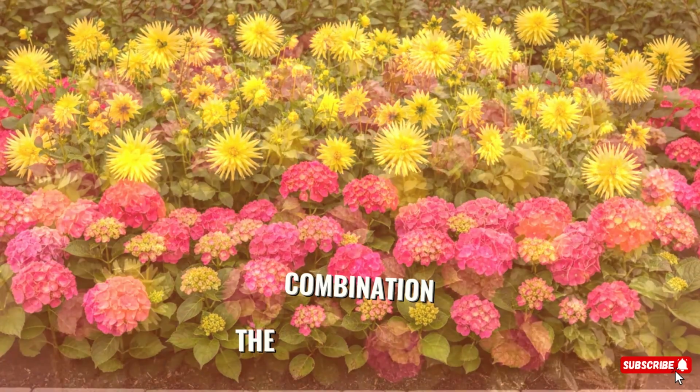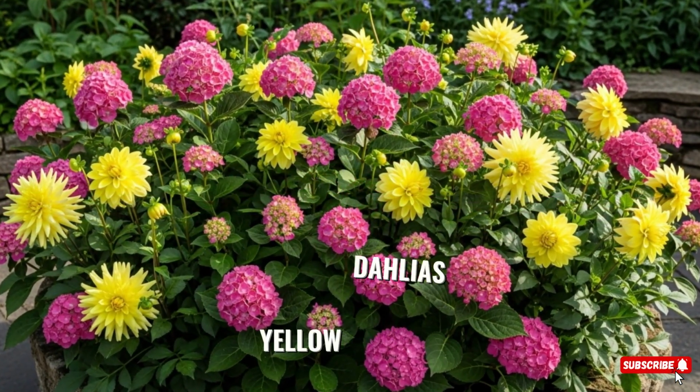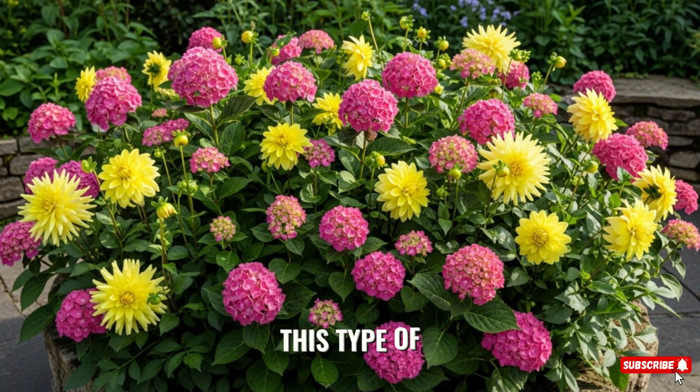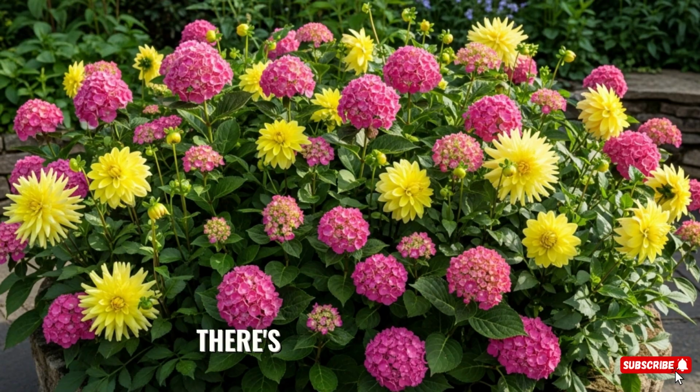frost. The combination of the soft pink perennial hydrangeas with the vibrant yellow dahlias creates a sophisticated color harmony that's both cheerful and elegant. This type of companion planting extends the season of interest and ensures that there's always something